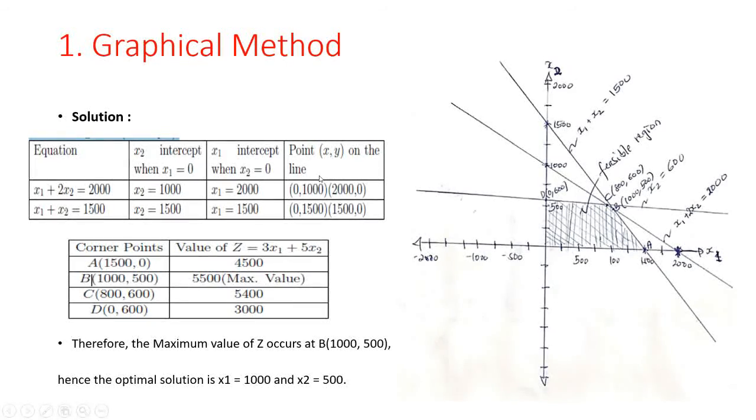In the graphical method, we always consider the first quadrant. So this is our first quadrant. All these equations are lines in the first quadrant. See here, the first point is 0 comma 1000. Here x is 0 and y is 1000, so this is our point. Then the second point is 2000, where x is 2000 and y is 0.